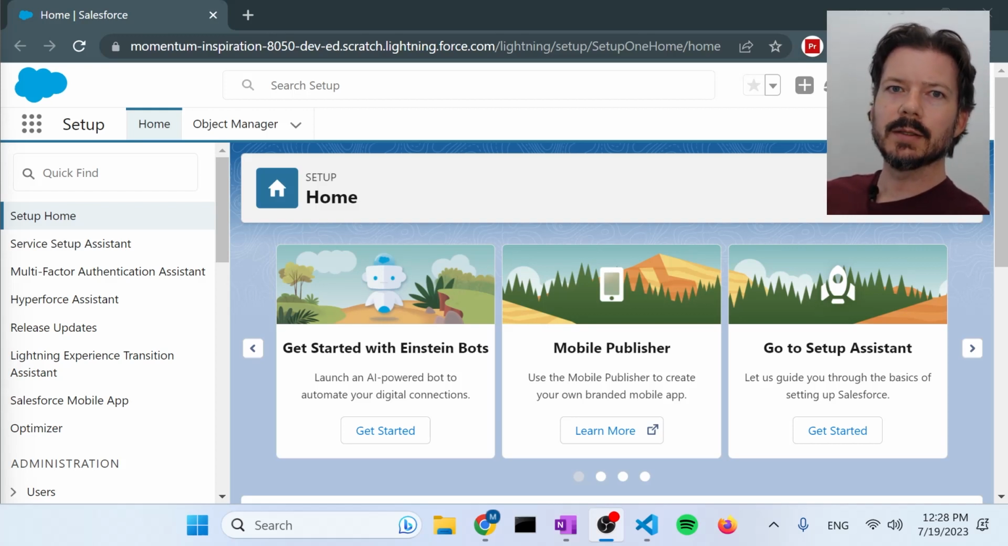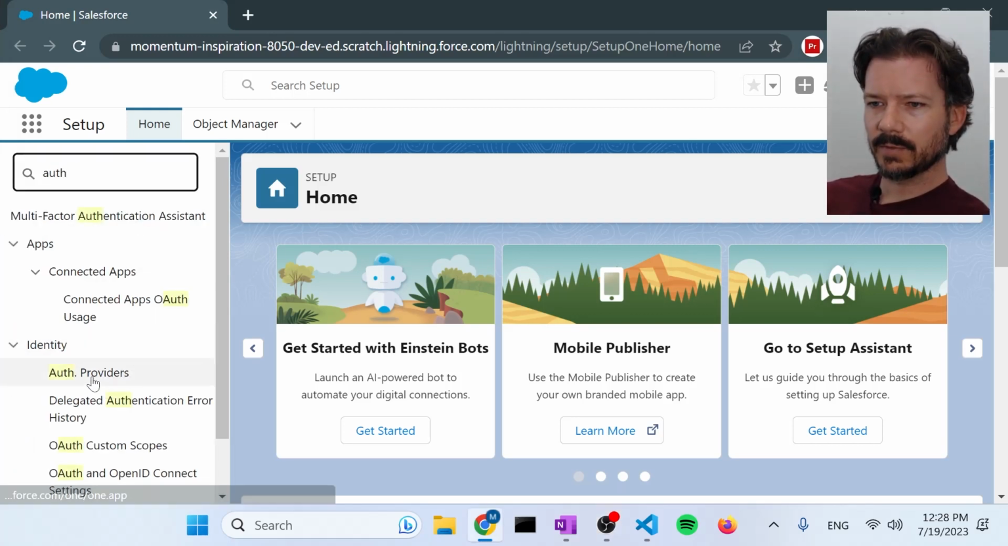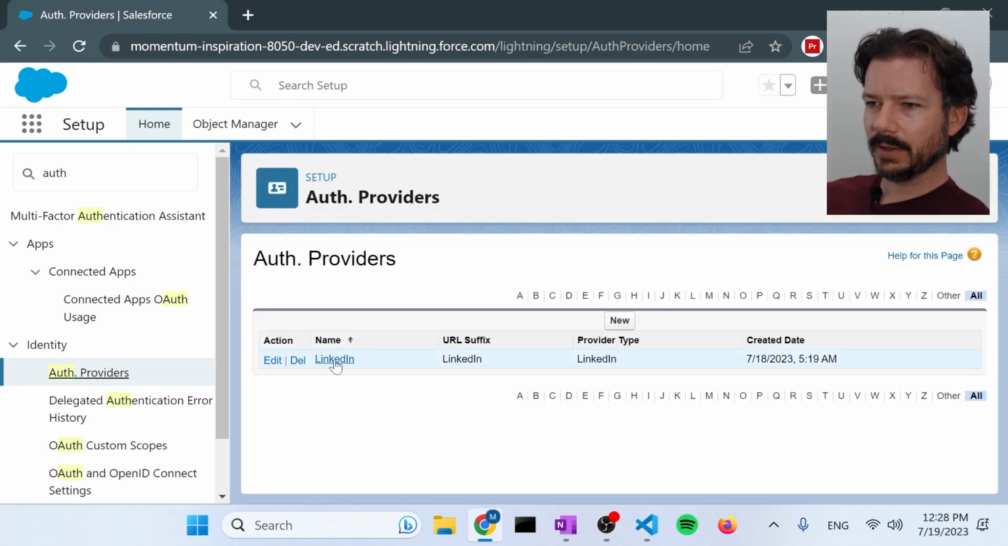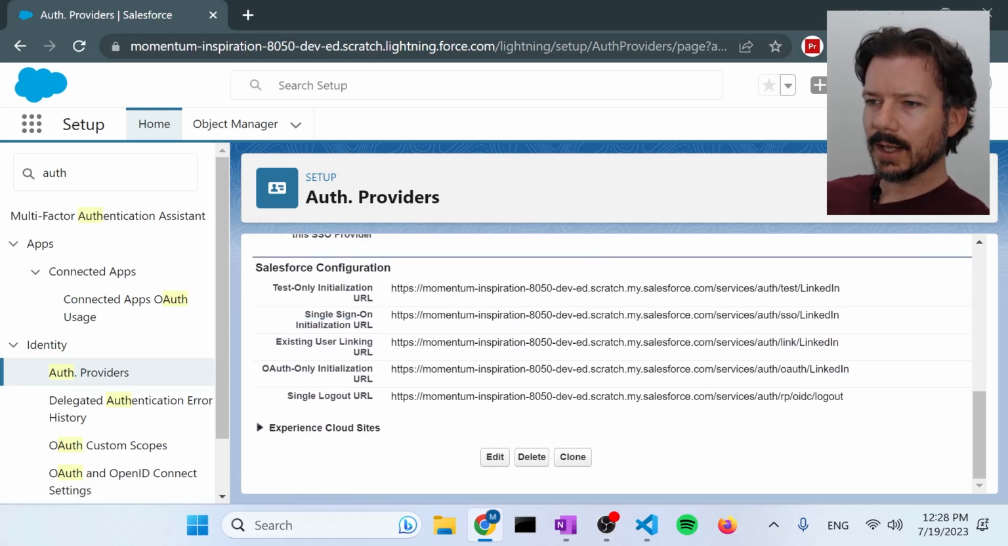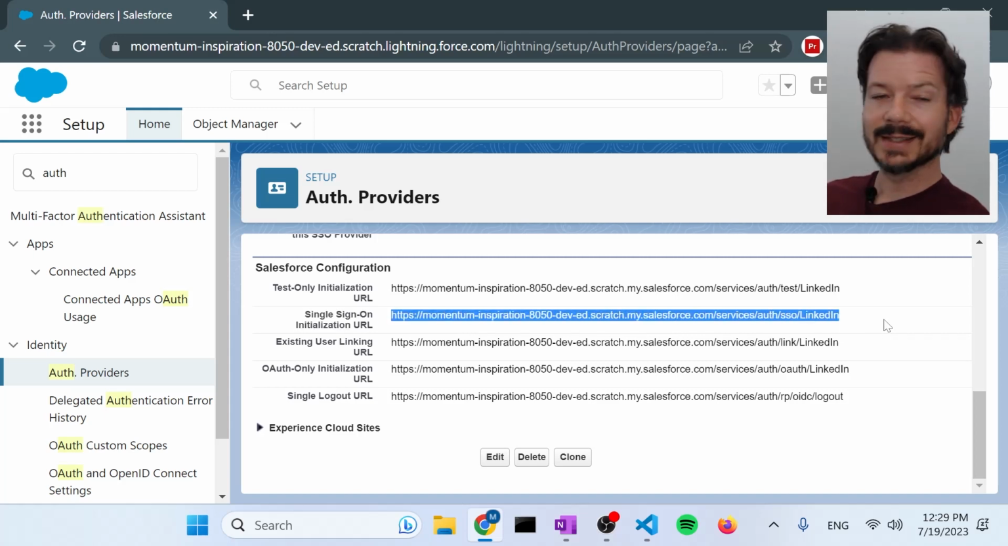And it's actually pretty easy once you know exactly what URLs to use. So what I'll do here is I'm going to go into the Identity Auth providers. And if we go to our LinkedIn Auth provider, you'll see a set of URLs down here. And we're concerned with this single sign-on initialization URL, so that starts the single sign-on process. You can see that this link is the link that you would use if you're trying to sign on to your Salesforce org for an internal user,